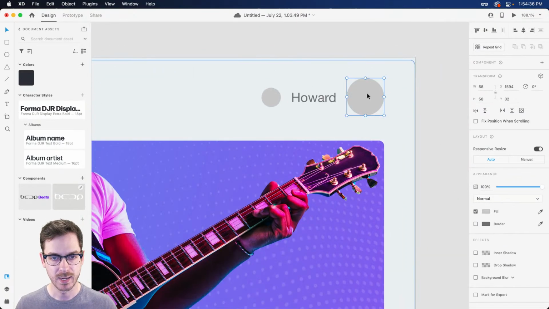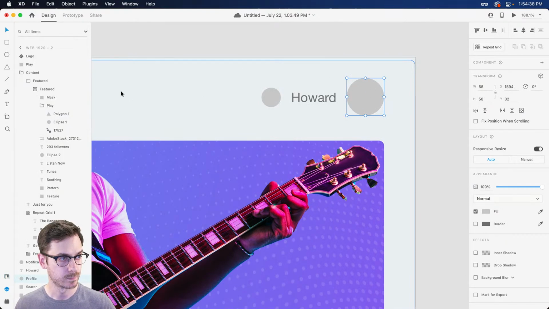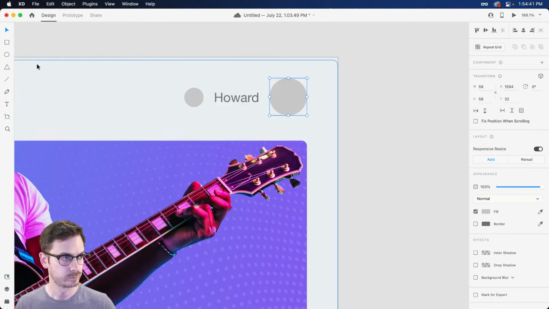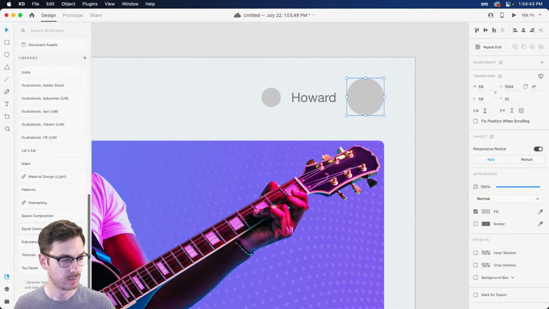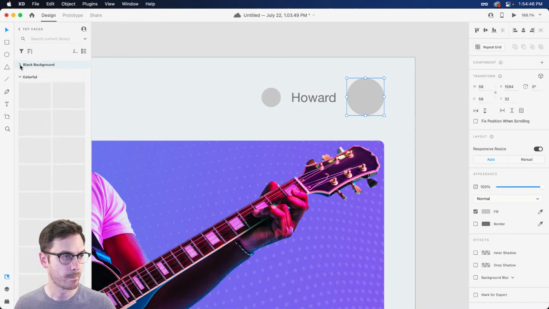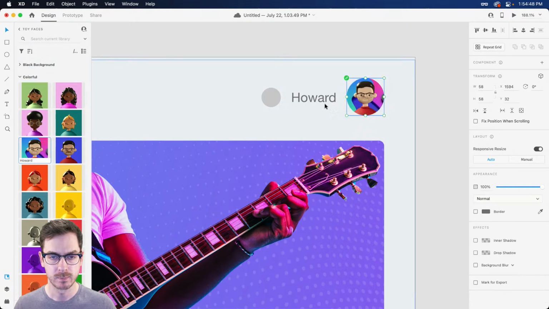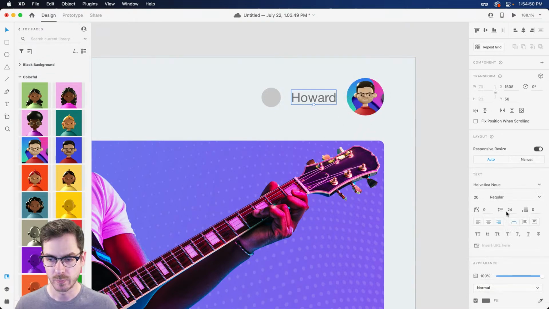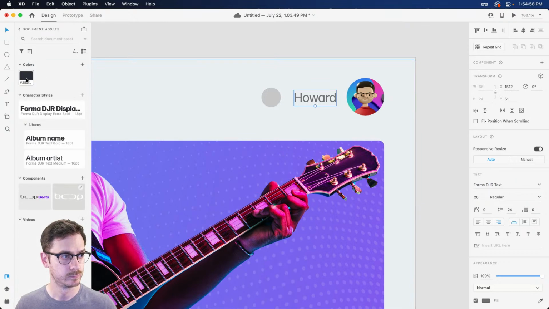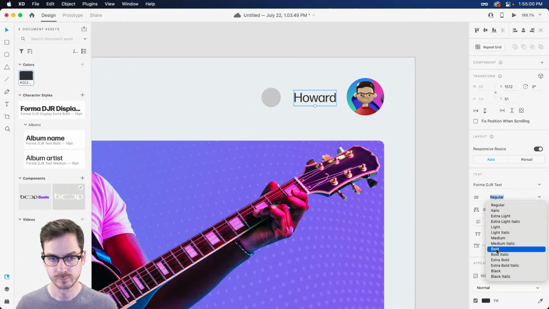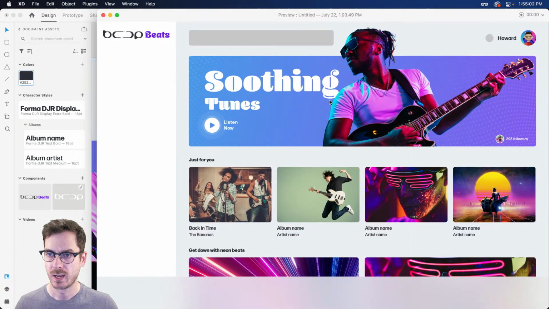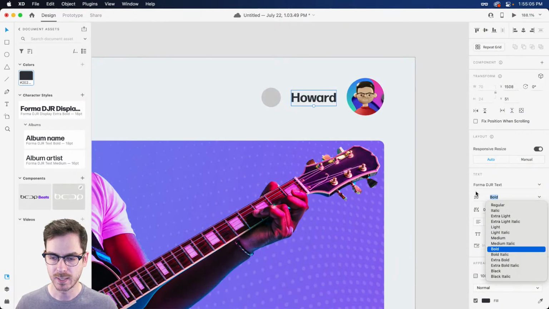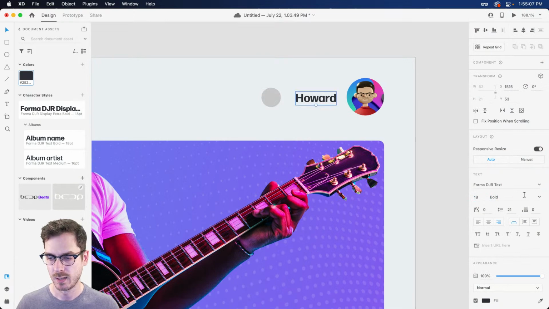And then before we wrap up, I'm going to pop a picture of me in here. Or at least a toy face of me. Boop. There we go. All right. It might be a bit too bold. It might also be a little bit too large too. But we'll work more on that next week.